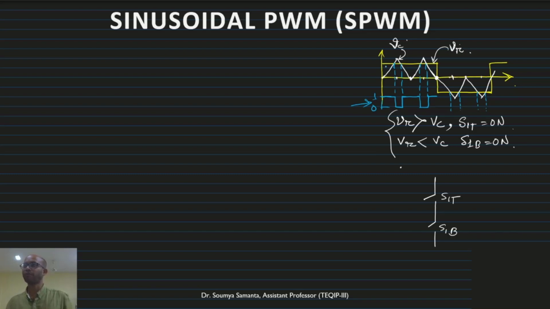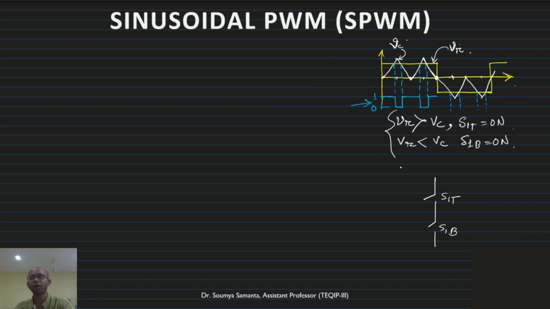Now if we control the reference, suppose if I change the reference to here, what will happen? The pulse width will be changed. Now you can see the pulse width has already been changed. So by changing the reference voltage, we can control the width of the pulse. That is called the pulse width modulation. That is how we generate the pulse and we modulate the pulse width. So now this is pulse. This type of generation of the pulse is where we use the square wave for generating the pulse.